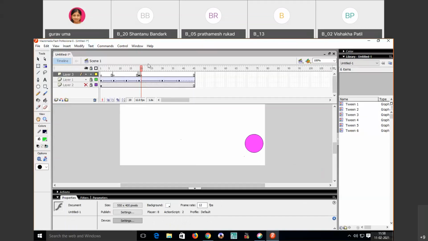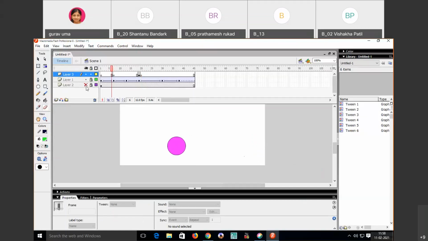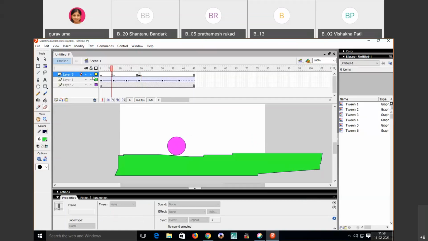So now let's run everything. When you run, just unlock everything and then click on Control Enter.